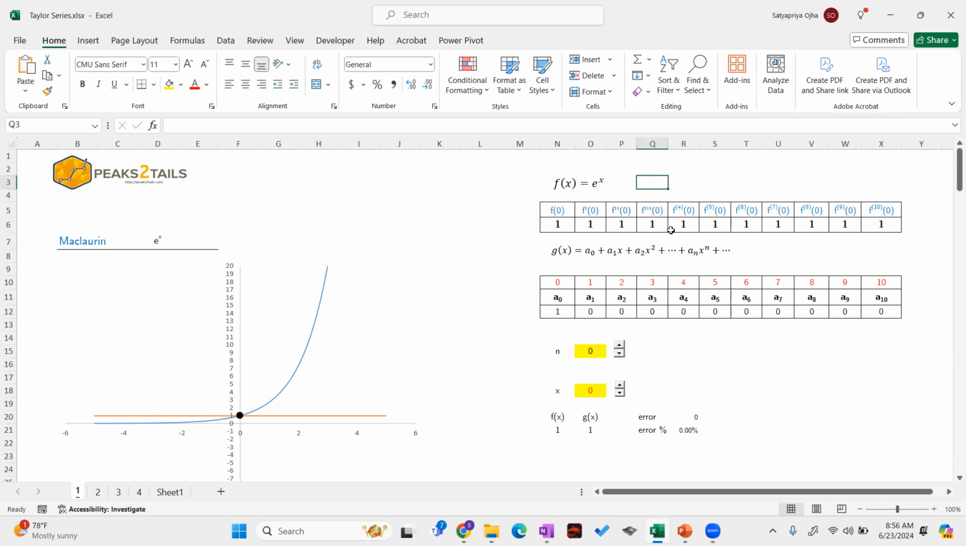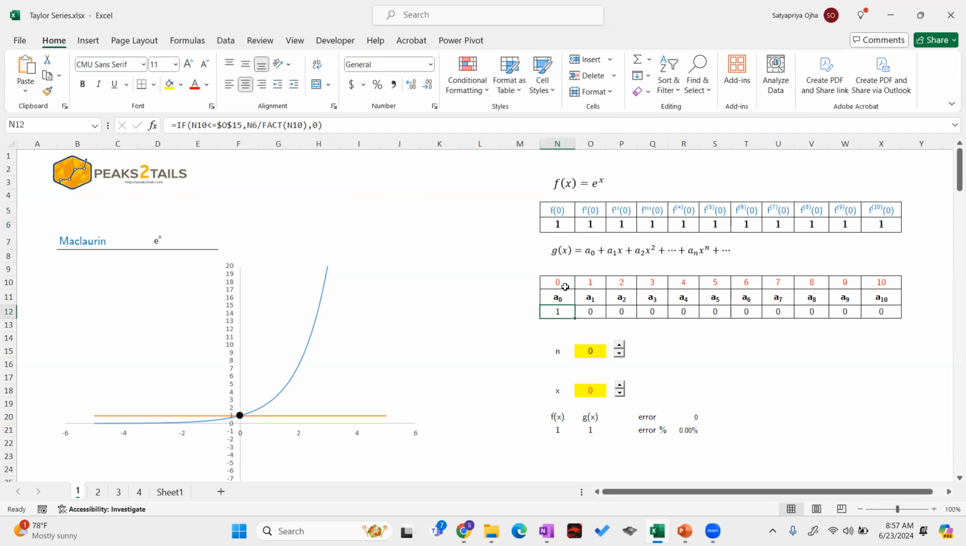All the derivatives at 0 are 1. If you remember, e to the power x derivative is e to the power x. No matter how many times you differentiate, it will be e to the power x, and at x equals 0, e to the power x will be 1. So all these derivatives are 1. This I have done to capture the Taylor series expansion, because all of these will be needed in the Taylor series. These coefficients are the corresponding derivatives divided by the factorial,